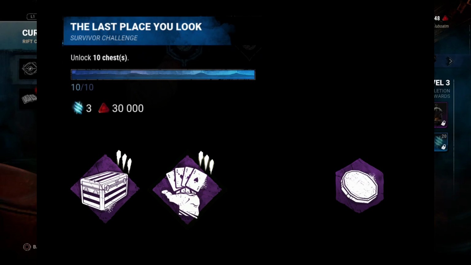Next survivor challenge on the tome is unlock 10 chests under the last place you look. My recommendation for this, as you'll see on the screen, is to run Plunderer's Instinct with Open-Handed and bring the shiny coin offering. So Plunderer's Instinct shows you where all the chests are at